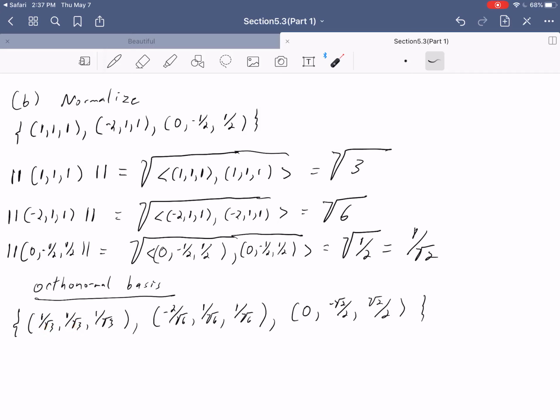So this is an orthonormal basis now. Notice that the Gram-Schmidt process does most of the hard work. It converts the basis into an orthogonal basis. Normalizing is simply dividing by the norm, so this part is the very easy part. All right, let's look at one more example of using the Gram-Schmidt process to build an orthogonal